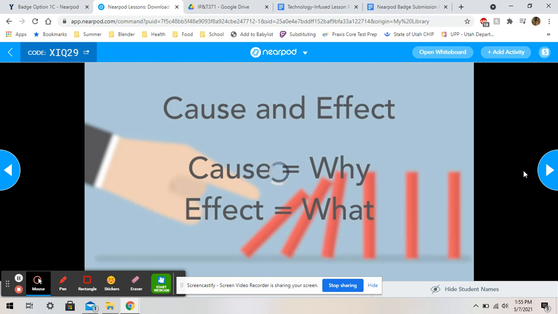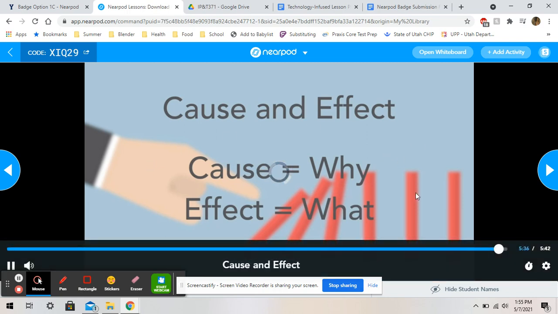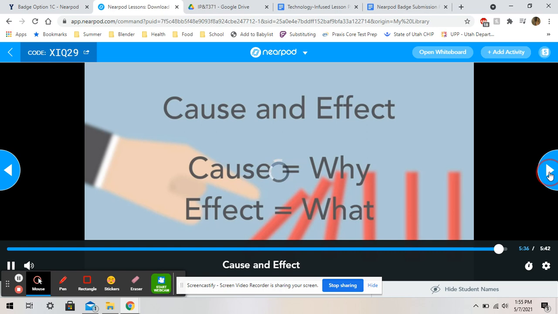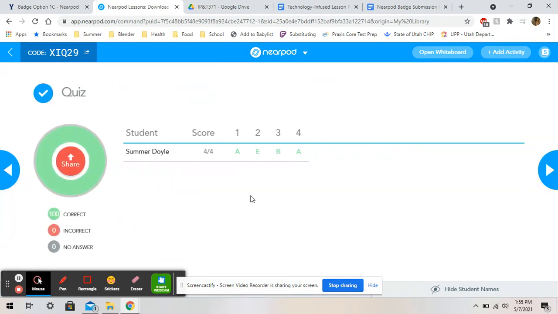As they watch the video, they'll learn about cause and effect after we've already talked about it too, which will prepare them for the quiz, which will come next. And so with the quiz, it asks questions directly from the video, and the teacher, I'll be able to see